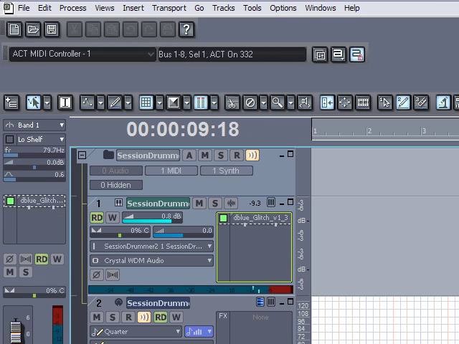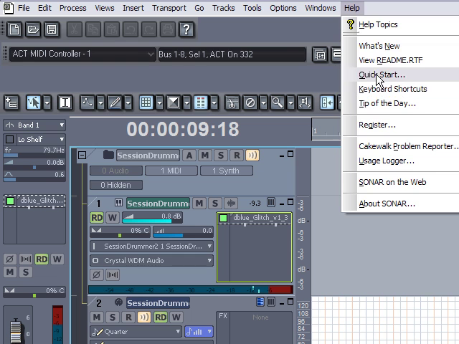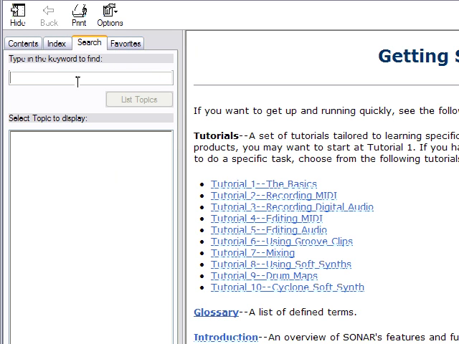Alright, this is a video that I'm making to try to find out where in Cakewalk Sonar 8 Producer Edition, where in the program I can find the Cakewalk generic surface property page. I've gone to the help menu, and you can go to help and down to help topics and search for the generic surface property page,